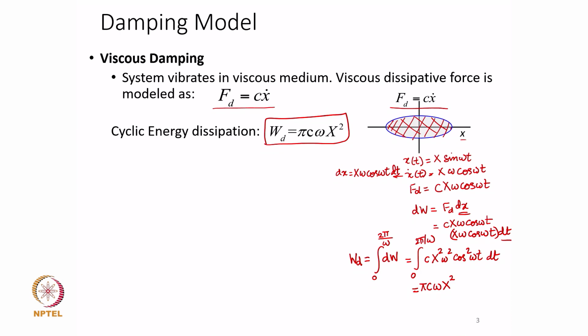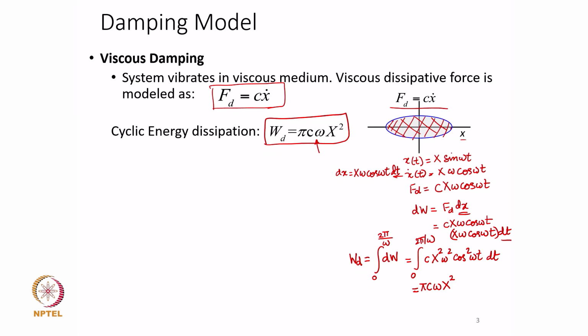You will wonder how this expression is useful for us, because we already have an expression for FD which we have been using in solving many of the problems in the past. So, the reason why this expression is useful is that in practice, if we measure the energy dissipated in a cycle from a practical vibratory system, we can equate that measured energy dissipated in a cycle with this expression to find an equivalent damping coefficient C,